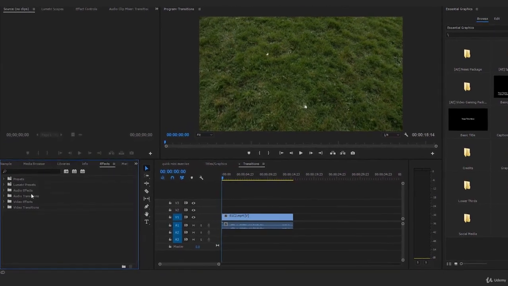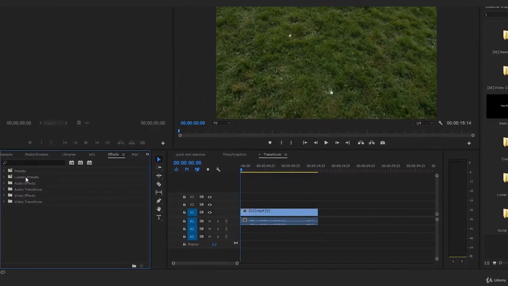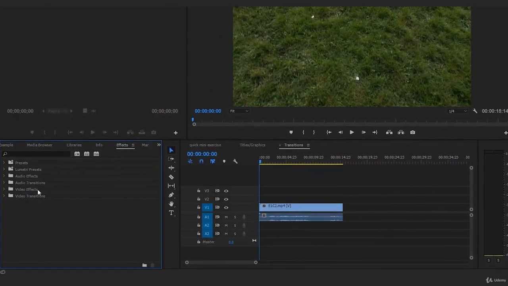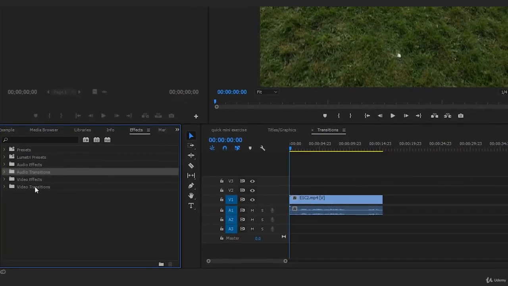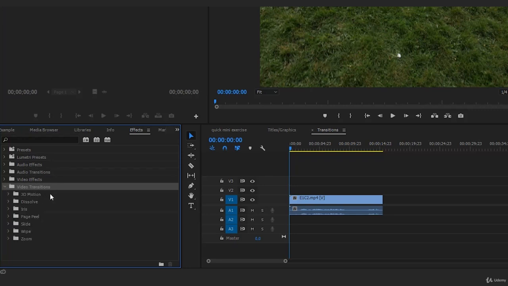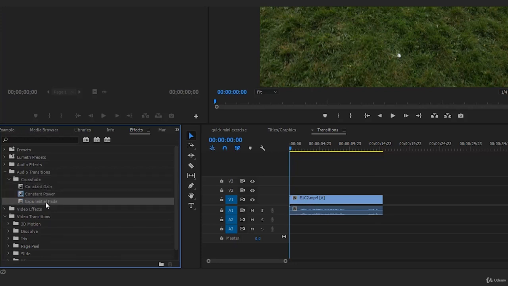navigate our way over to effects, where you will be greeted with a list of your different effects, of course, but primarily what we're going to be focusing in on is the audio transitions section and the video transitions section. Starting off with just opening up those video transitions. Now, when you open up the video transitions, you'll see there's a lot more than when you open up the audio transitions. The audio transitions only offers you three key components,